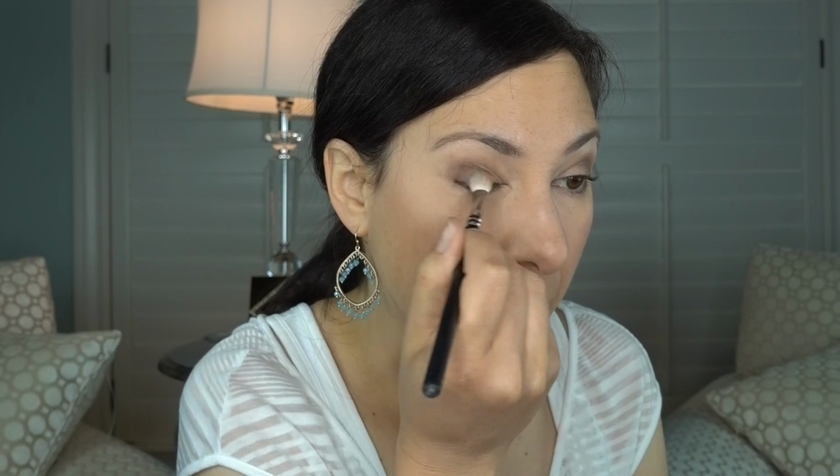I didn't feel like it even compared to my superhero or the Lash Princess by Essence. The one thing that's going on with that Lash Princess by Essence is that it is causing me to have black under my eyes at the end of the day, and I cannot stand that, which is why I had to go back out and buy another superhero mascara, because that does not cause black under my eyes at the end of the day. And as much as I love the Lash Princess, the green tube, it's so good. It makes my lashes look so amazing. It's so inexpensive. It was driving me crazy that at the end of the day I had black underneath my eyes,